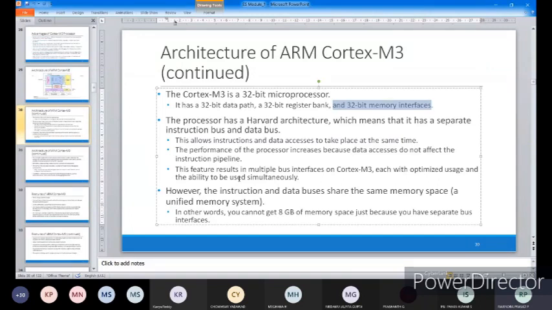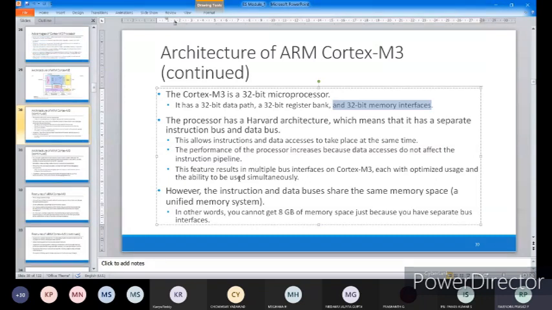So similarly, this ARM Cortex M3 processor is fixed for 32-bit length. If you want that processor to listen to you, to act on your commands, you should give data in 32 bits. If you don't give the data in 32 bits, it will append zeros to it, make it a 32-bit value and then take the instruction. That is the meaning here.